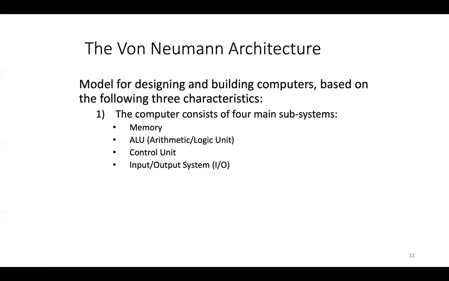In our syllabus, in the previous video, I already discussed the different units. The first unit covers the control unit, the second unit is about the ALU, the arithmetic operations, the third unit is input and output organization, and the fourth unit is about memory. These are the main topics in the syllabus. So for building any computer design, these are the main subsystems we require.